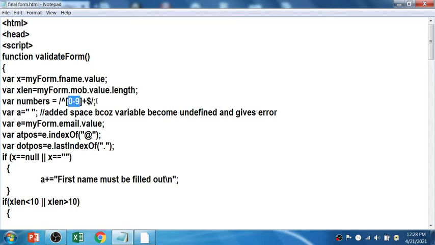By this pattern, it will check whether whatever number is entered is within the range of 0 to 9. Similarly, if you write capital A to Z, that becomes a capital letter pattern. Small a to z becomes small letters.